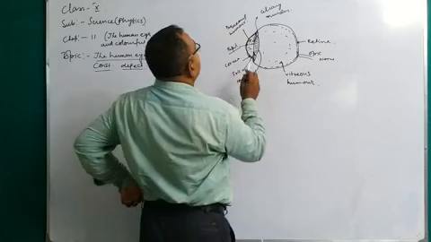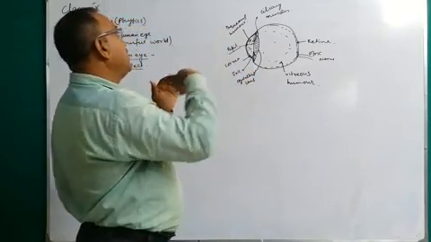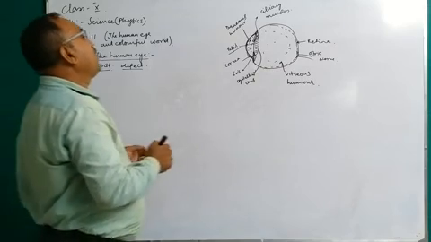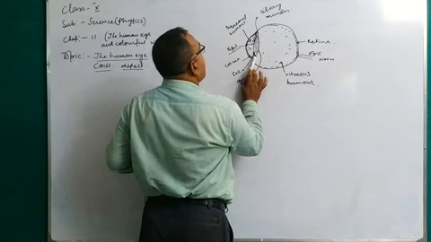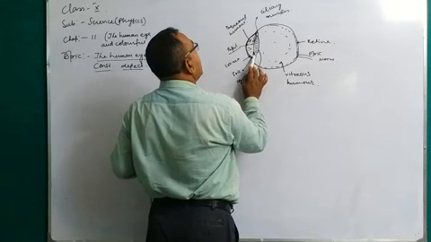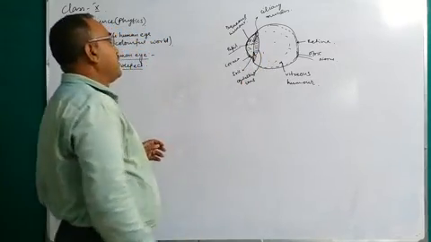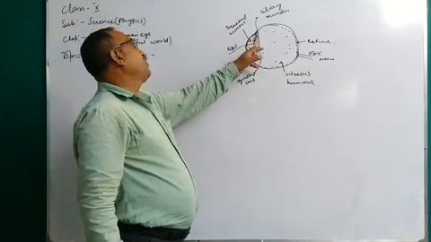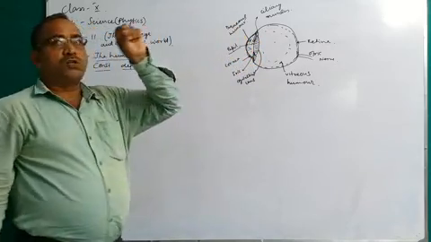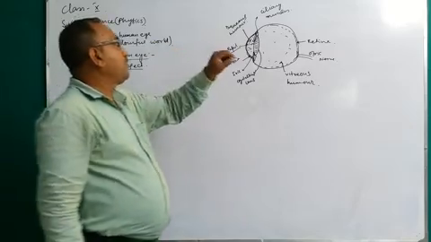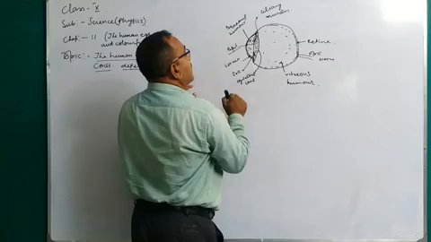And the next part is the iris. Iris is a layer in front of the lens. You see, this is the ciliary muscle. Also in front of the ciliary muscle, one muscle is the iris. In front of the lens, one thin film is the pupil. Pupil controls the light when light passes through the lens.